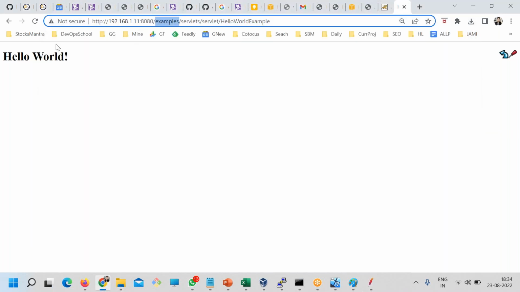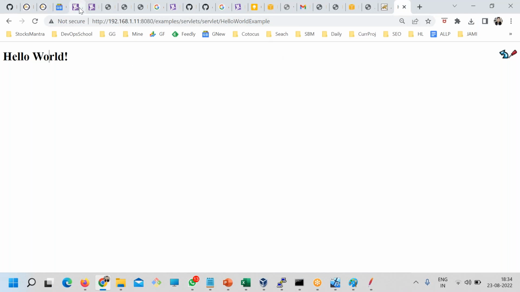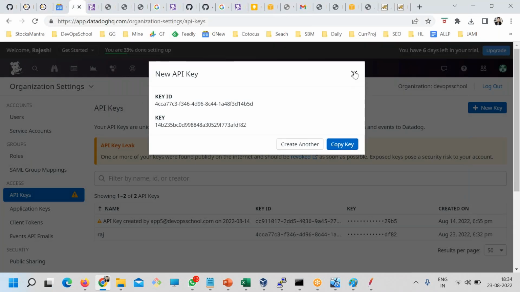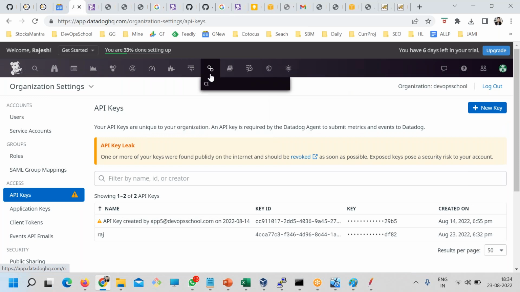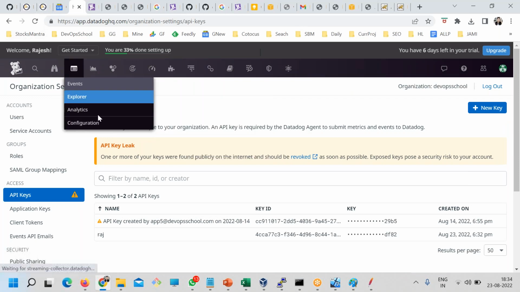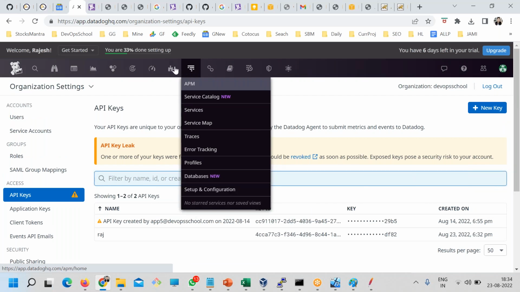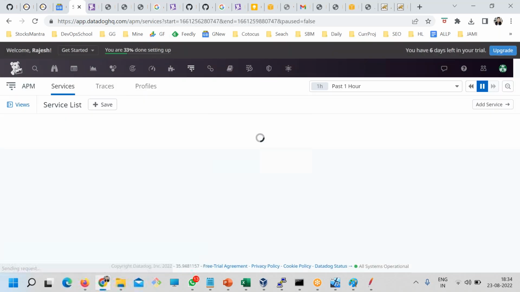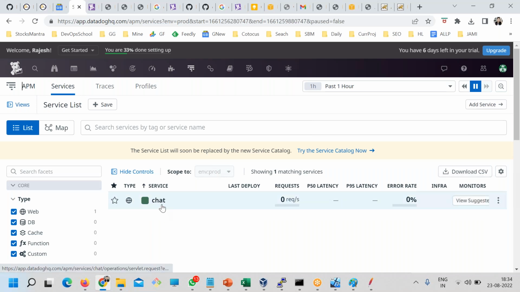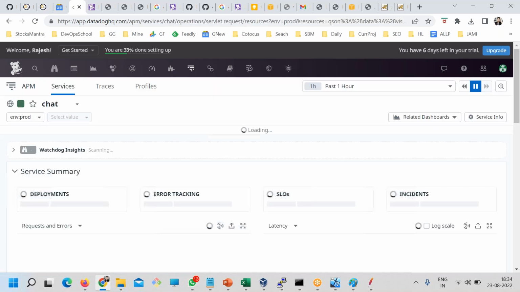These sample applications are there, Hello World. Now can I go and check whether it has come or not? Let me refresh this Datadog, and here you see a service has come. Now see that chat functionality. Here now you got all this